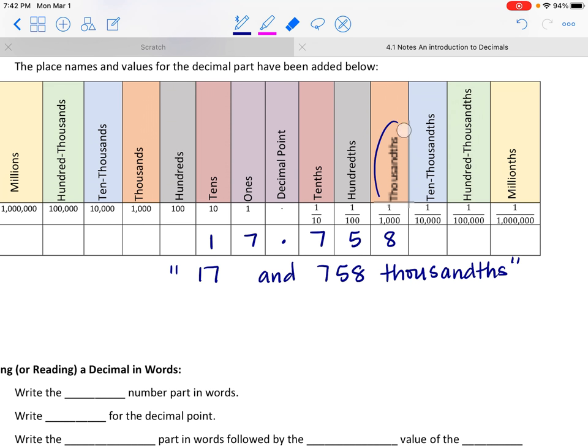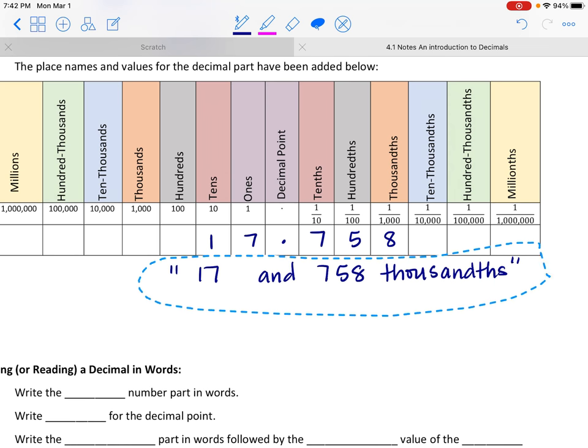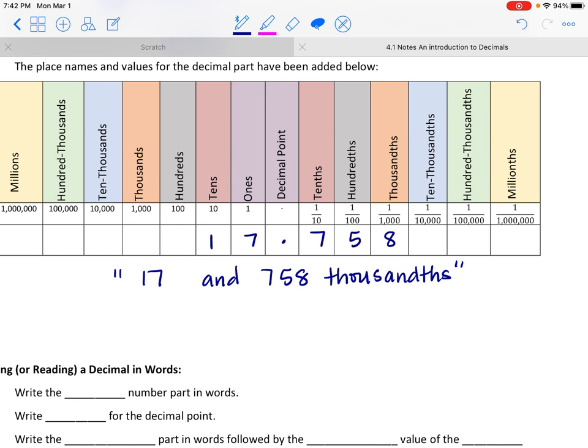And what it means, let's talk about the meaning of this number. Let me scooch this over a little bit. What this means is if you have 1 in the tens place, so this 1 in the tens place here means we have 1 ten. So 1 times 10 plus this 7 in the ones place means we have 7 ones. Plus, we've got our decimal point, and then we have 7 in the tenths place. That means we have 7